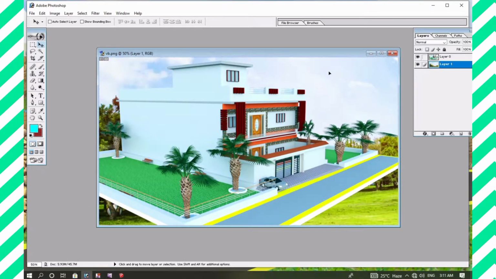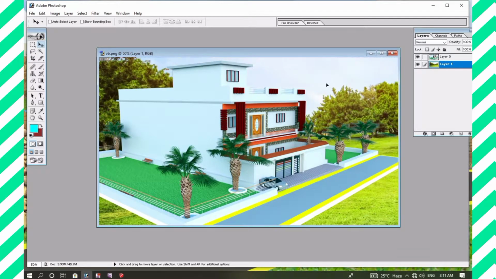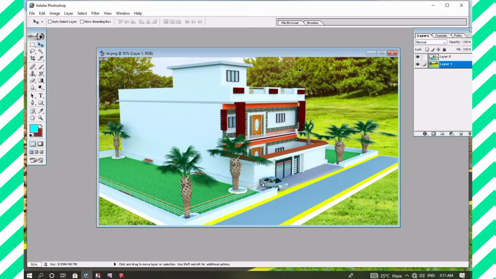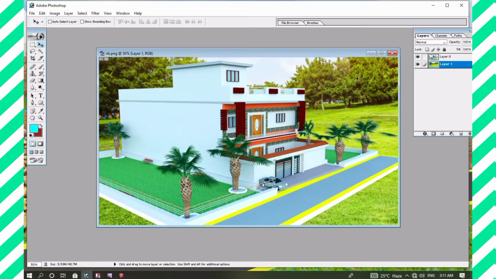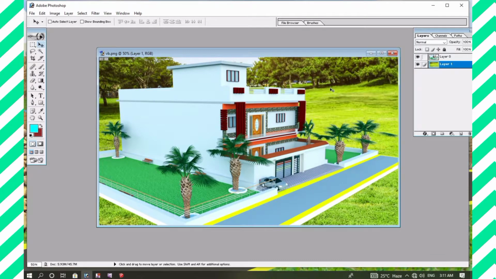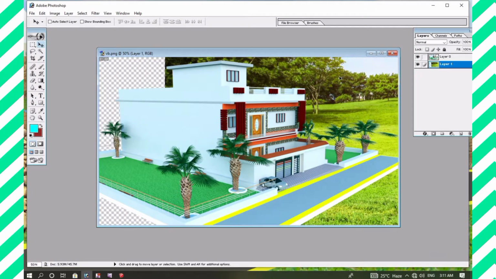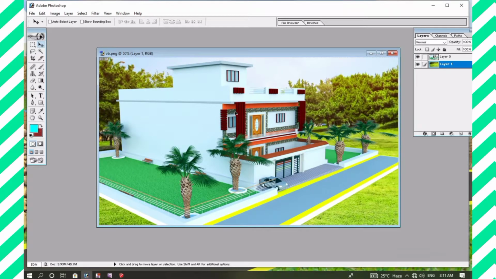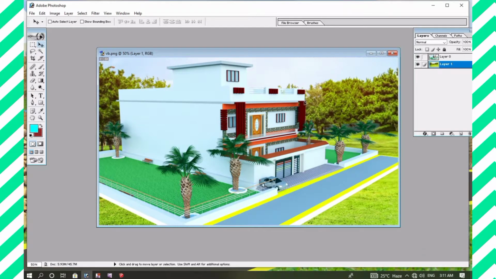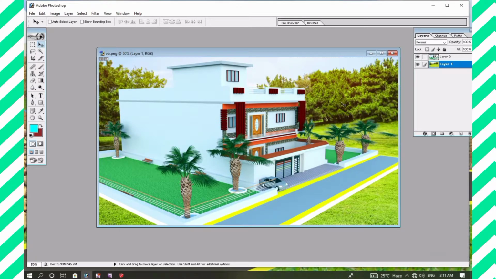Now dear friends, for this single image I have two different layers. One is the background and the other is the simple house. So now I will adjust this background for this image. After adjusting the background, if it is okay, then you can save this. And let's suppose I want to change this upper portion to provide the sky for this image.